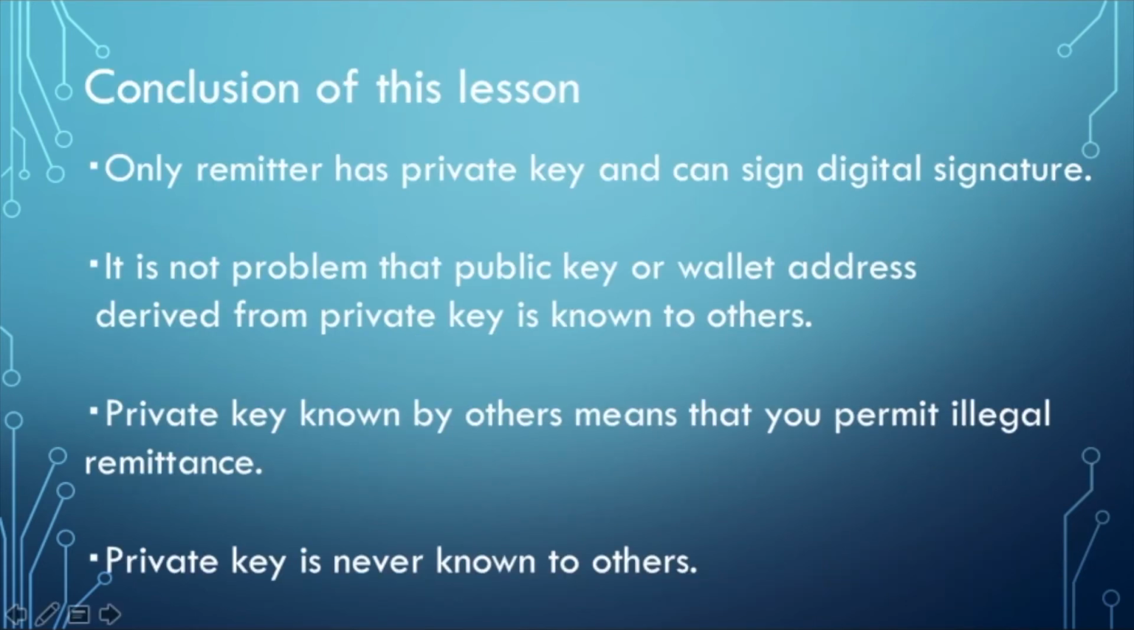Since only the remitter himself who owns the private key can sign the digital signature, even if you know the address of another person, it is impossible to sign the digital signature unless you know the private key from which the wallet address is derived. In other words, even if you try to make remittance from another's address without permission, digital signature cannot be signed by others except the owner of the private key, and the remittance by others except the principal will not be